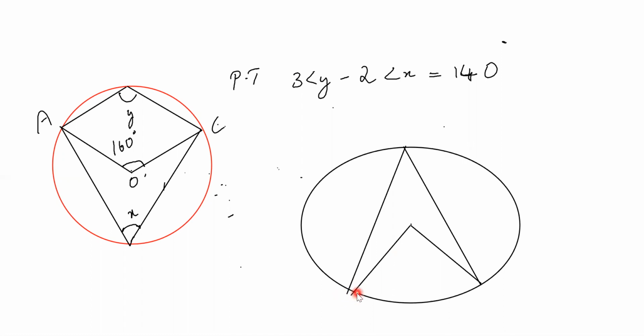Okay, if I draw a central angle here, same thing. If this is 160, so central angle is what? Twice this thing. So 2 into 80 will give me 160. So this angle will be 80. Correct. 2 into 80 will give me the central angle 160. And one more thing is this particular angle.